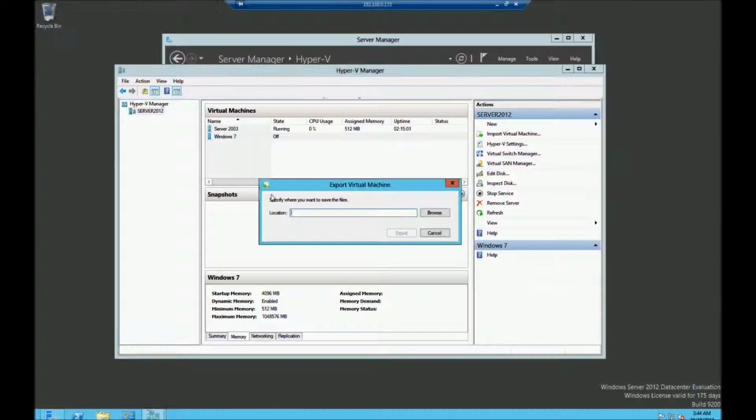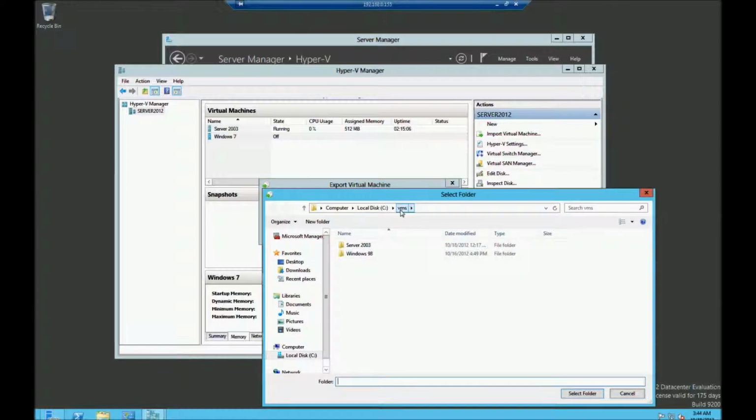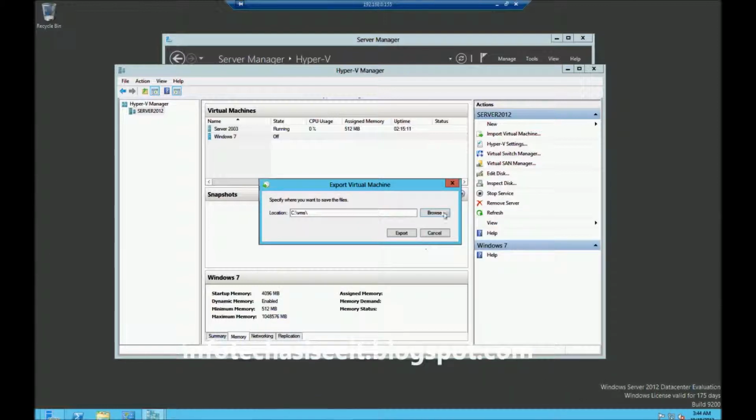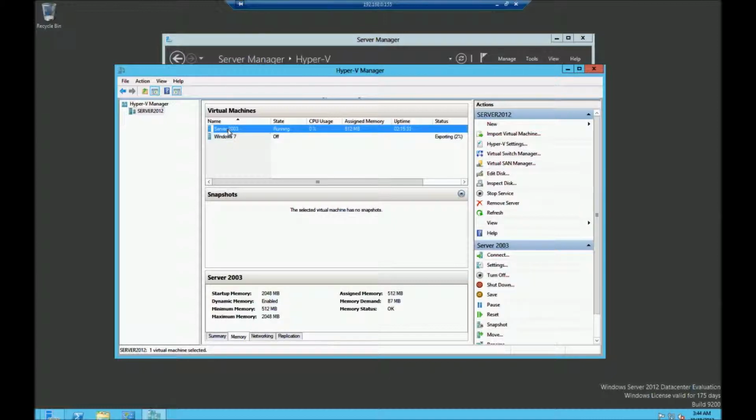So first thing is I'm going to choose the export. It's going to ask what location I want it to go to, and I'm going to say into this VM directory. I made this directory on the local drive, the VMS, and it's going to make a new one in here. So select OK, and I'm going to export it. And you can see you get a progress bar here. So 1%. It takes a little while to do, but once it's done, it'll save the file. While that's busy, because that is going to take a while, and I'd rather not cut the video at this point,